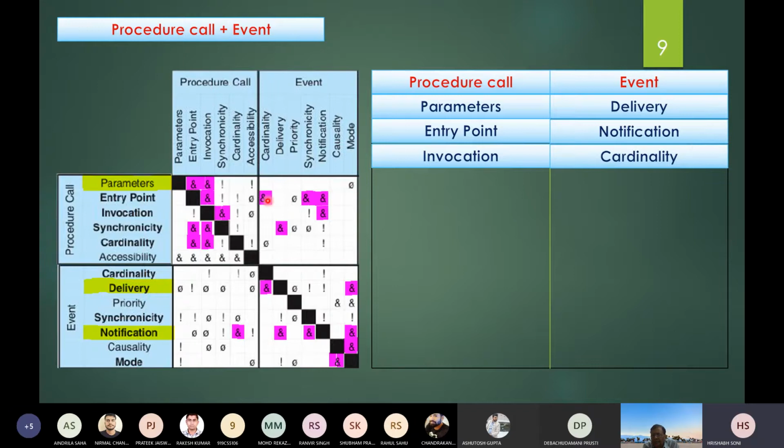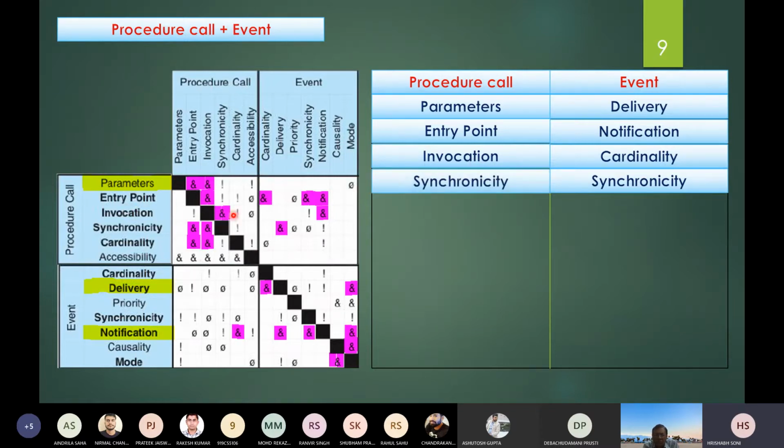We need synchronicity. Synchronicity we had not added, so we have to add it. We require notification also. Notification is already there. We will come down to invocation, because invocation is there. Invocation needs synchronicity within procedure call also, so we have to add synchronicity within procedure call in order to get the proper compatibility.